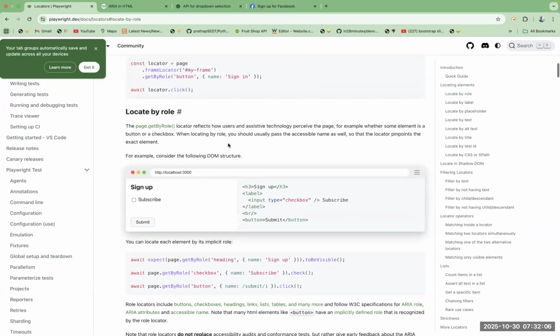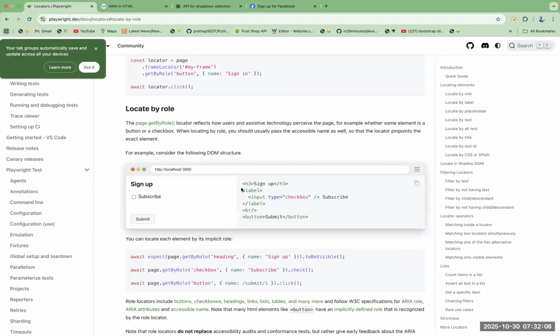If the element is embedded with label tag like this, if you see here, we have h3 sign up and we have a label available here. Inside a label we have a checkbox and a subscribe is available. Can you see this kind of HTML structure? Then in such cases we can locate your element by using get by